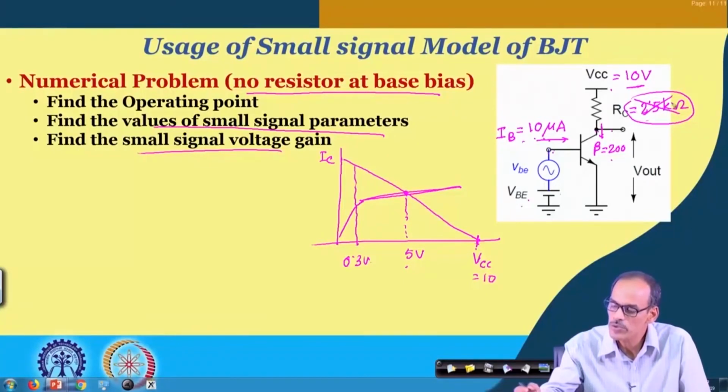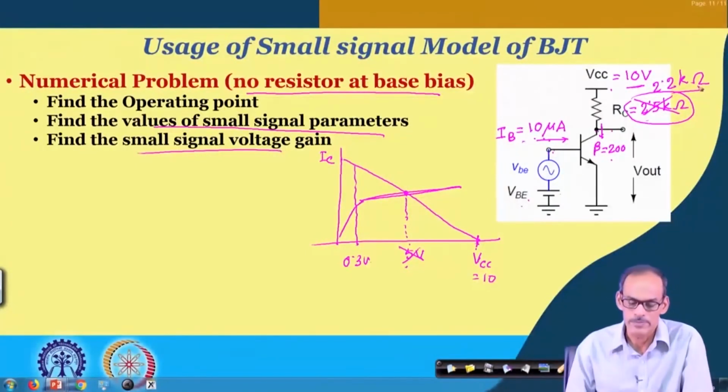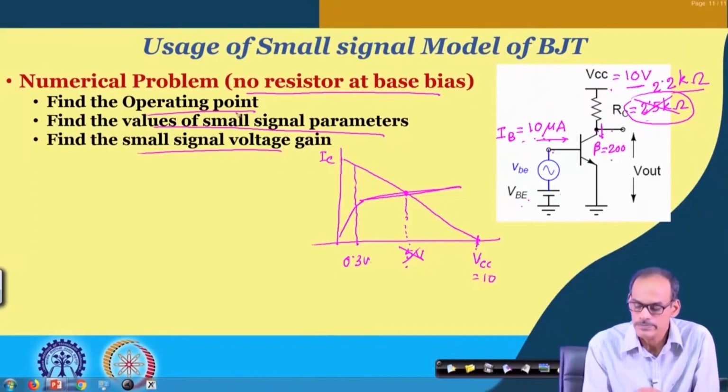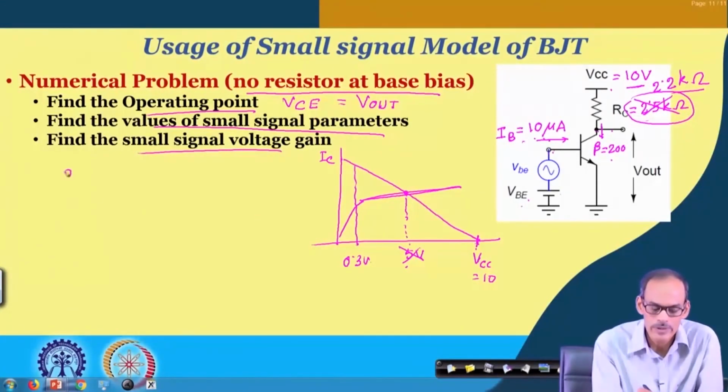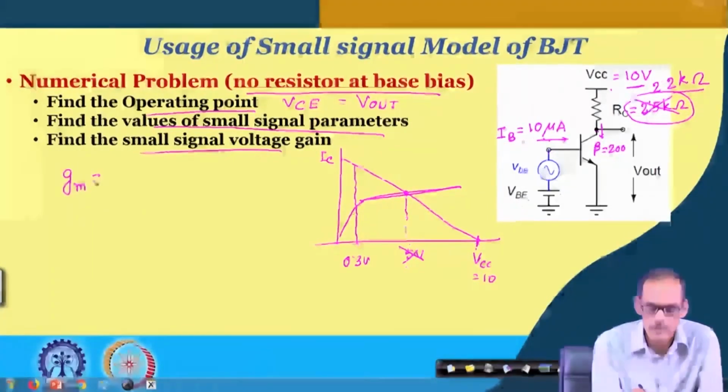But whatever it is, just for your practice, instead of 2.5 which is giving us exactly 5 volt, let us consider this is something different, maybe 2.2 kilo ohm, which is a practical value; 2.5 normally we do not get. So, probably you can try out, find the operating point, namely the IB, it is given, collector current is also very straightforward. Then you can find the VCE voltage, which is nothing but V out also, and then you can find the value of the small signal parameter gm,